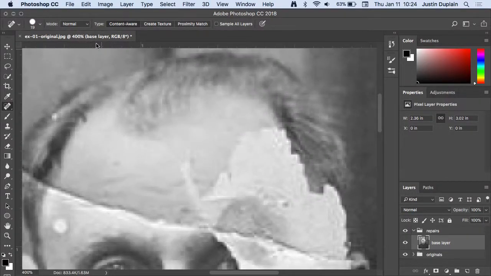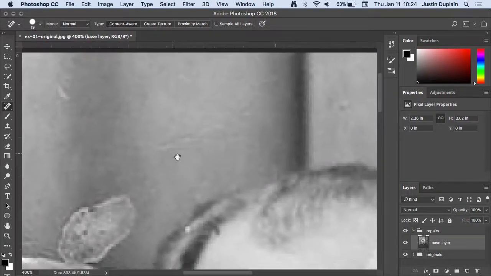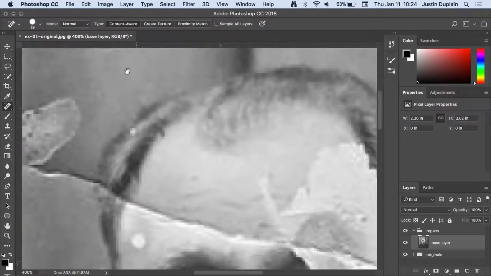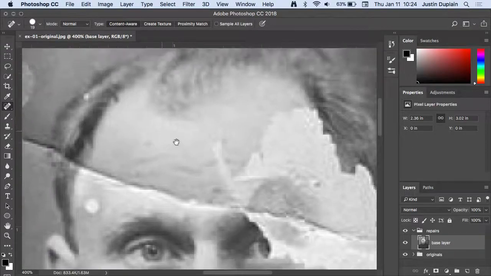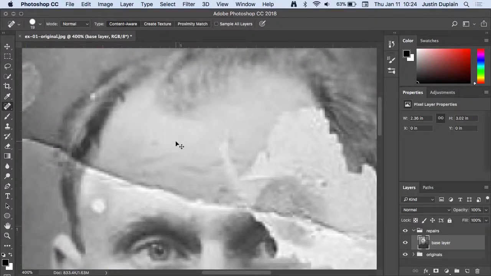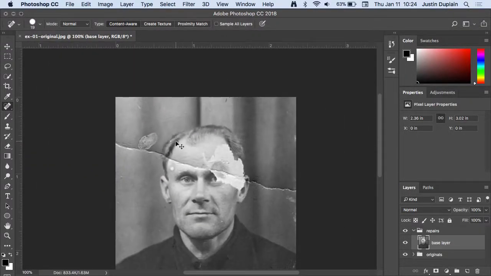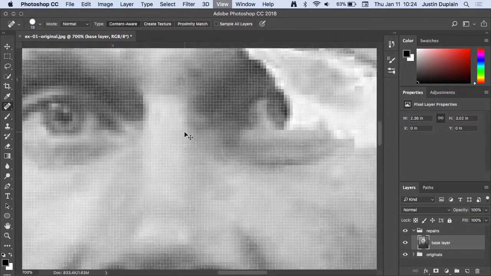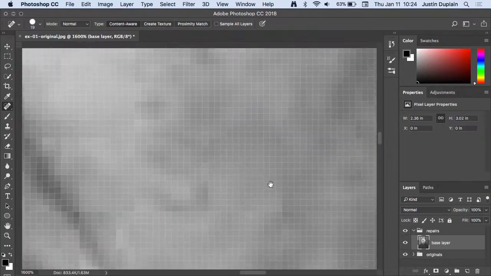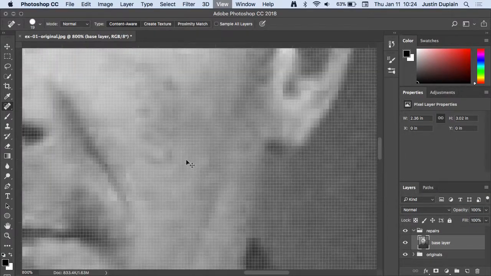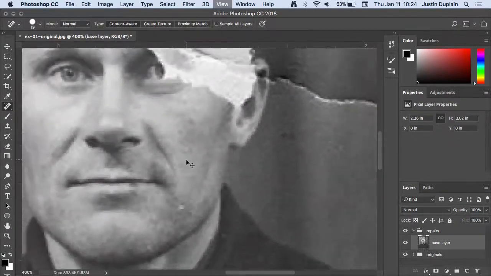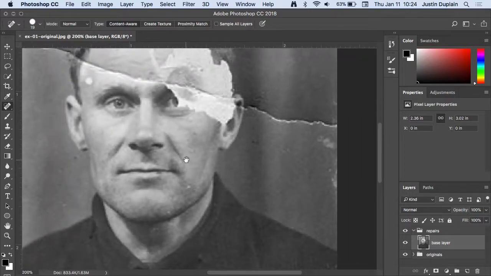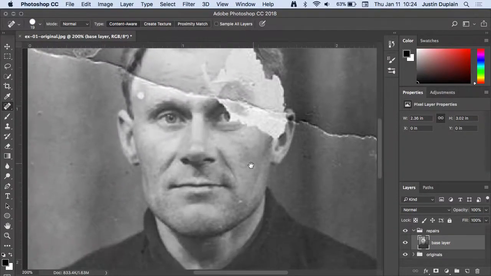So if we zoom in a little bit to this image, now notice I'm at 400%, okay? This is not the size we're going to be viewing this image at. We would view this image at 100. So you don't need to zoom in to 600% and find all the little tiny spots in this image. You're going to be wasting time, okay? So keep it a little bit zoomed out, closer to 200 or 300%, and just correct some of the major